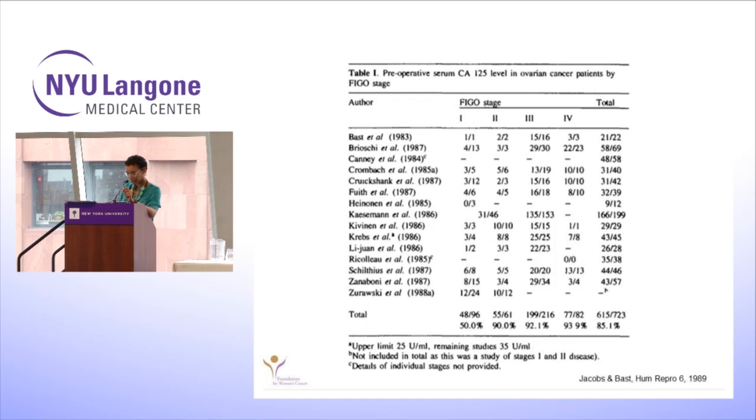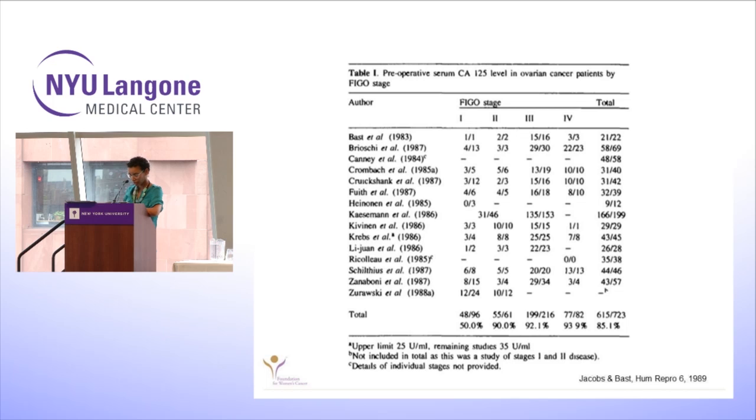So this is actually from a meta-analysis that Dr. Bast did with another colleague. And this is an old study, actually, but even back then, immediately after the initial discovery of CA125, multiple other researchers went to try to determine whether or not this could be supported further. And they found a few limitations right off the bat. One is that if you go by the stage at diagnosis, there's a big variation in terms of who's likely to have a positive CA125.